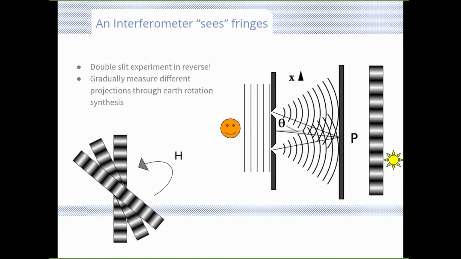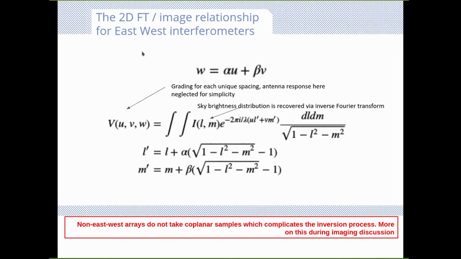So this essentially gives us more and more spatial frequencies as we add more and more antennas to such a system, and that scales the number of spatial frequency measurements by roughly the square of the number of antennas. Then we start having more and more fringes of various scales, and we can start localizing the source. Also important to note that there is a two-dimensional Fourier or image relationship between the sky and what we measure,